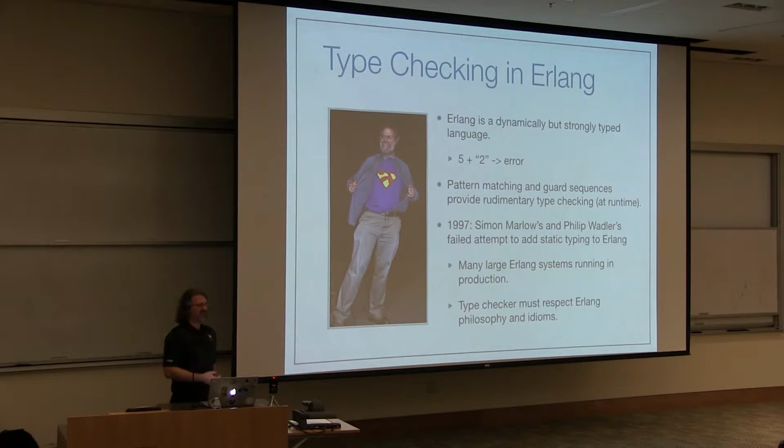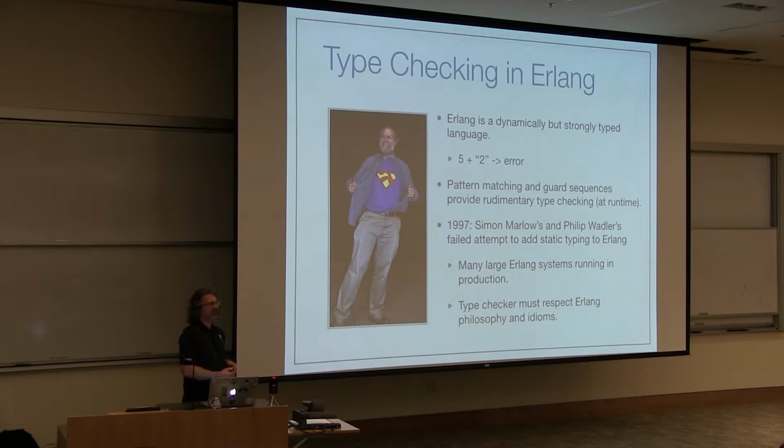It doesn't allow nonsense like in JavaScript, like an array plus the number 2. That gives you something, who knows what, but it's not an error, right? So that's why I would argue that Erlang is actually a strongly typed language, even though it's runtime dynamically type checked. Now, Erlang does have some nice features that provide rudimentary type safety support, and those include pattern matching and guard sequences. And while they're useful and beneficial, those are checks that are done at runtime as well. So we're still completely in the dynamically typed universe there.